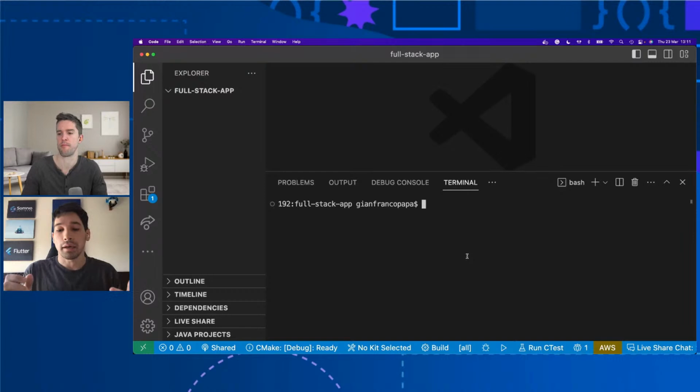My idea is to have three different folders. One for the front end that will be made in Flutter, then another one for the backend that will be made using gRPC. And another one that will be the shared folder that we will call Protos, which we will use in the backend and the frontend. That is one of the first advantages, that we can reuse a lot of the code between the frontend and the backend.